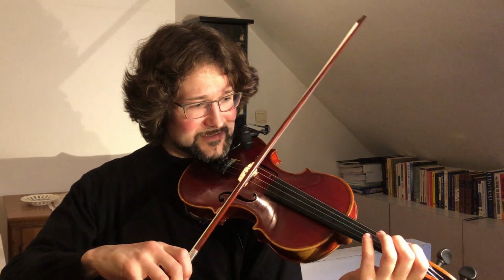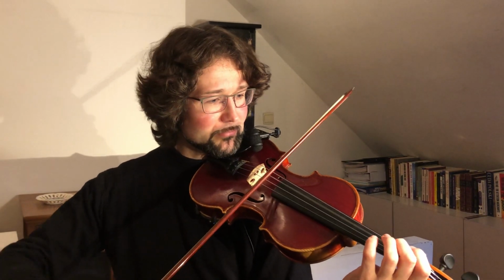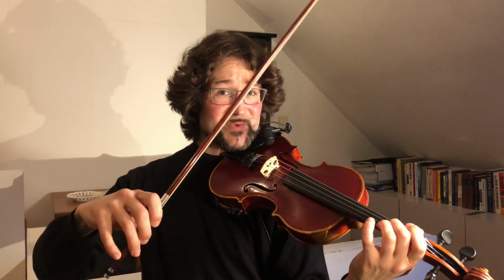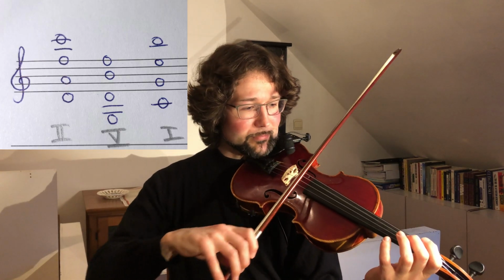I already said we don't like big jumps, but sometimes we do. So you can also use the chords in bigger range. Instead of keeping the chord very compact, we can make it wider. So instead of doing this, we use the same notes, but we keep them further apart. So we play